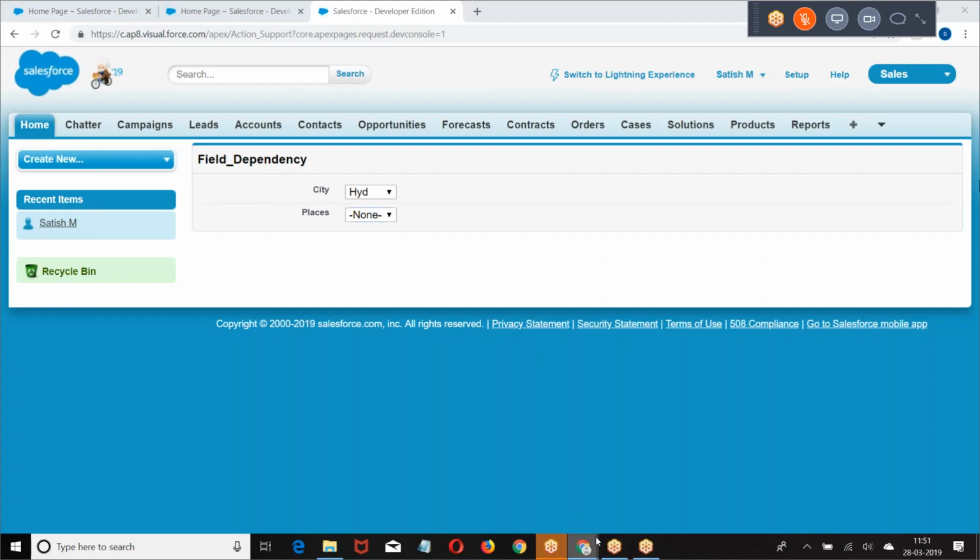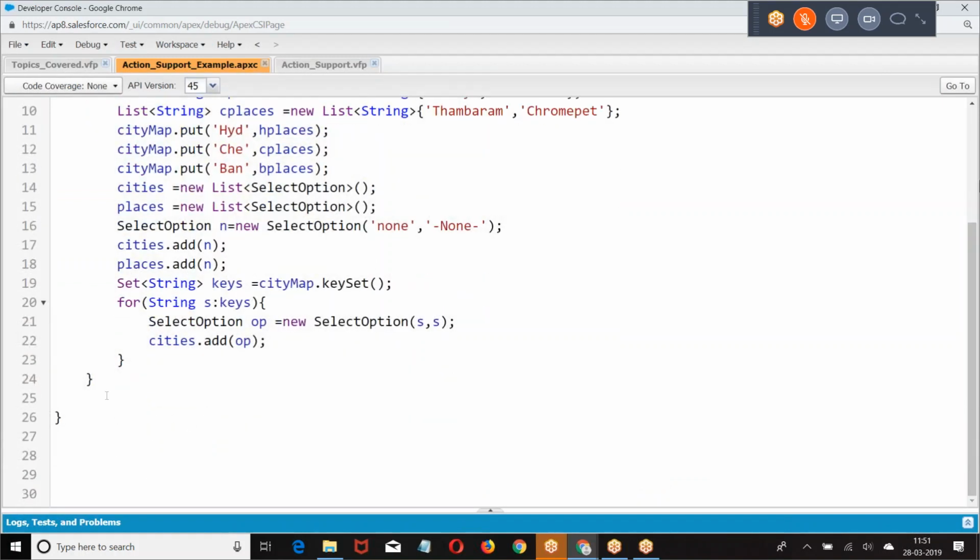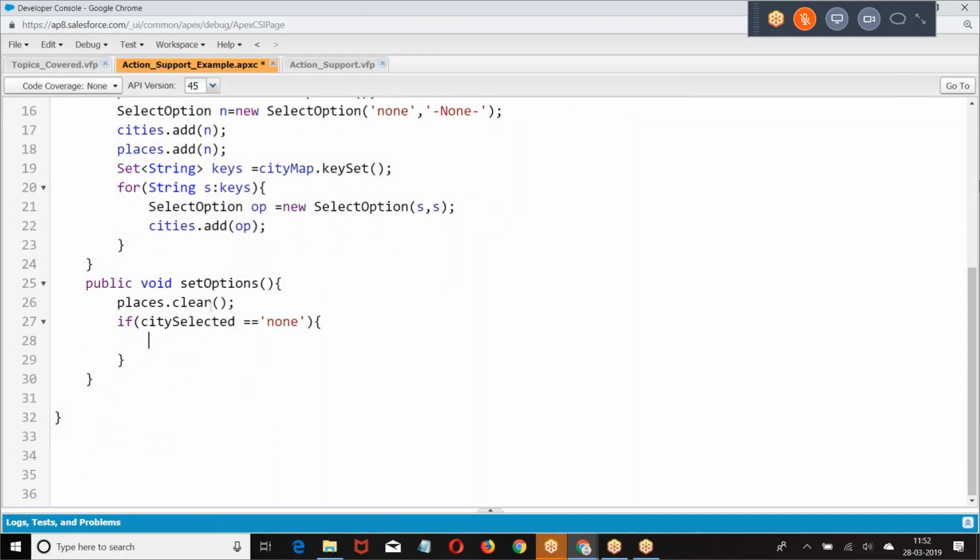So let us see this example here. I am creating a method here. Public void. I'm giving if first this is dot if city is selected equal to, if you have selected none, if you not selected none, then what should I get?